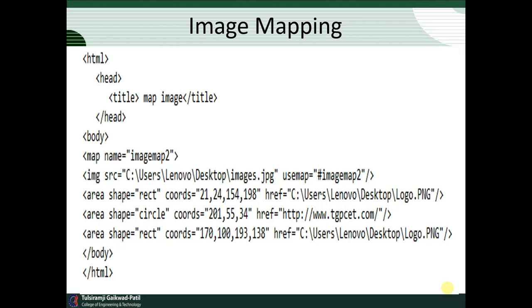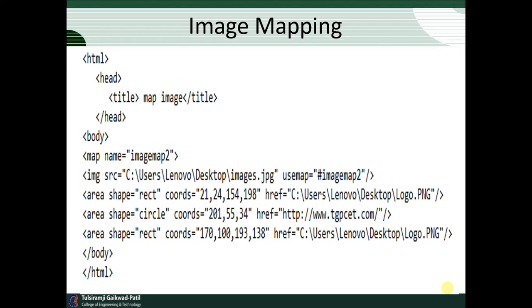Here we have three most important objects. First is called a rectangle. A rectangle has its coordinates. Circle is again having its coordinates, and polygon. Polygon again has its coordinates. Now, if we use the circle, it has the x and y coordinate and the radius of that particular circle.